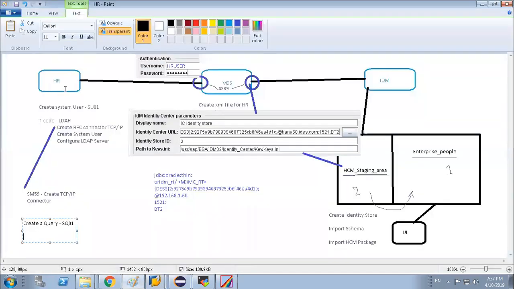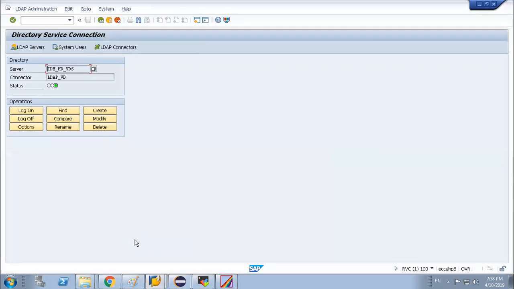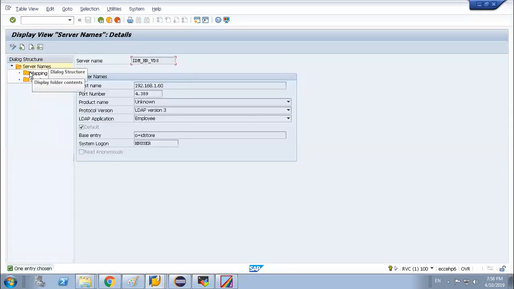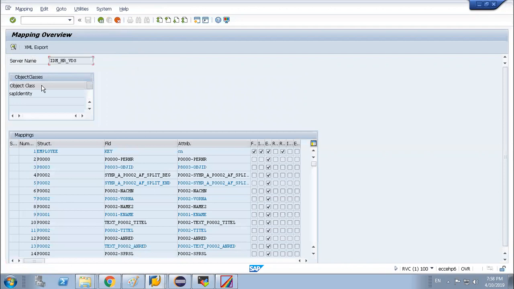Now, once we created the filter, what is our next step? One more thing that I told yesterday as well: during creation of this LDAP server, we have done the mapping, right? We have imported this XML file, correct?